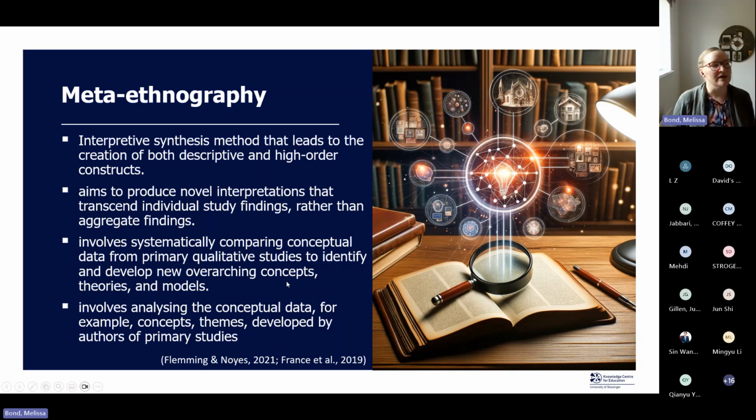So it involves comparing the conceptual data from those primary qualitative studies to identify and develop new concepts, theories, and models. So instead of, for example, looking at just the findings of the authors of the review and what they think the data means, you would also be taking all of that original data used by the primary authors and coming up with your own interpretations of what it means across the corpus.